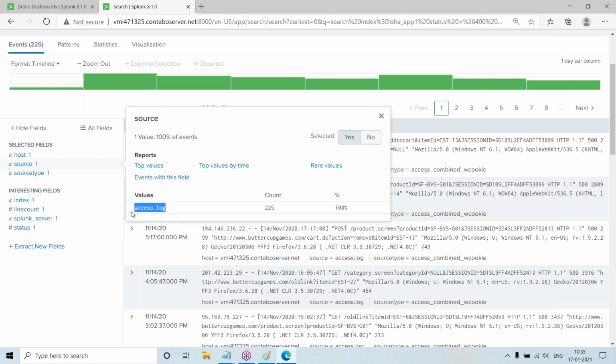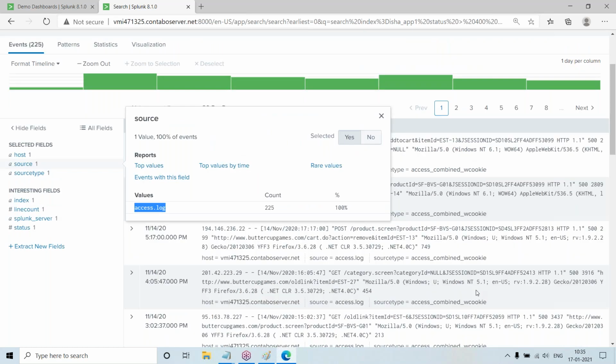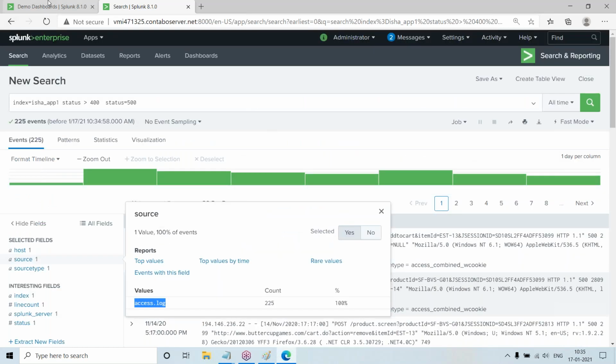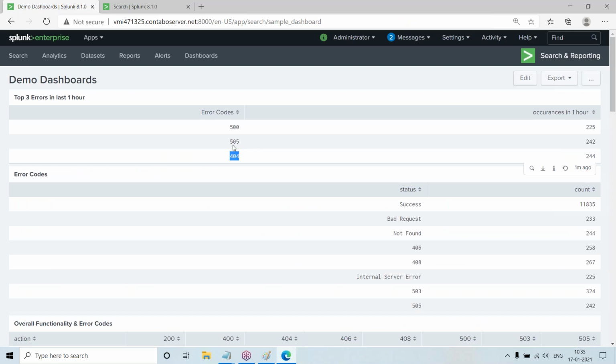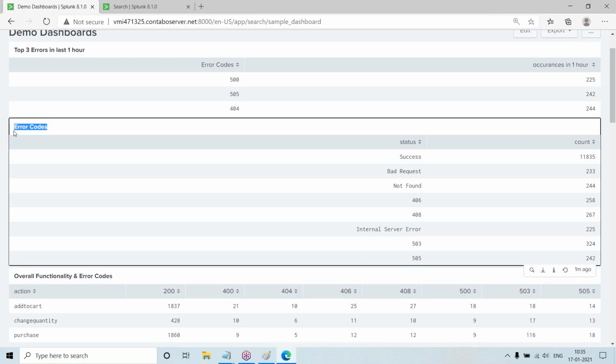In this access log I'm getting these errors. Directly I can troubleshoot. If you want 505 also, it is the same, so they can build something like this. Error codes are there.